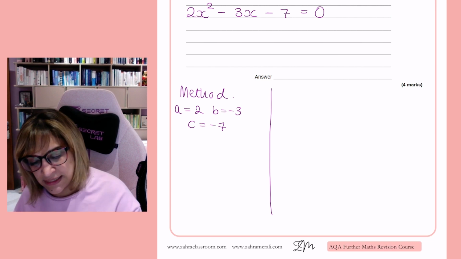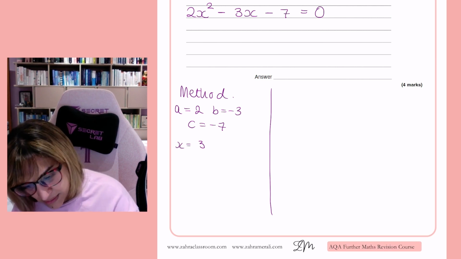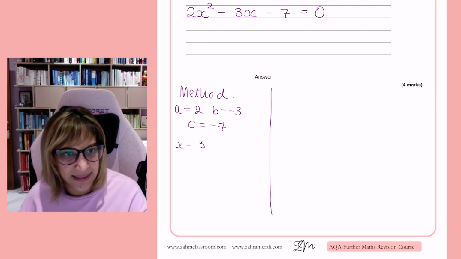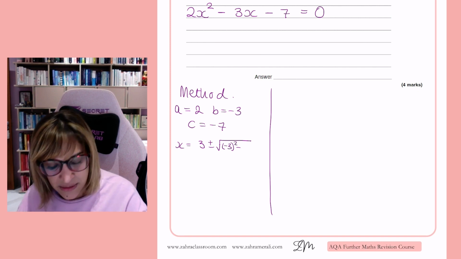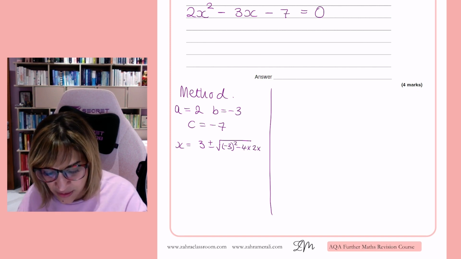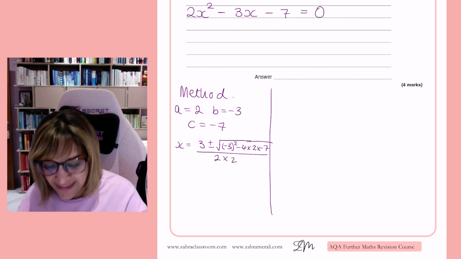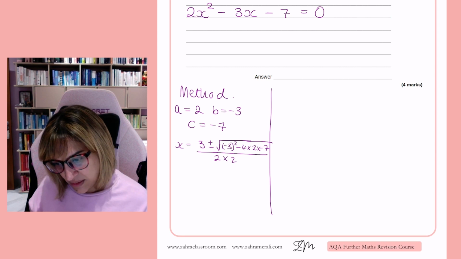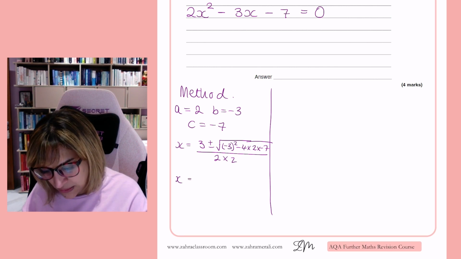And you know that x equals minus b plus or minus the square root of b squared minus 4 times 2 times minus 7, over 2 times 2, and then just read off your answer. So we're going to read off our answer. So x equals